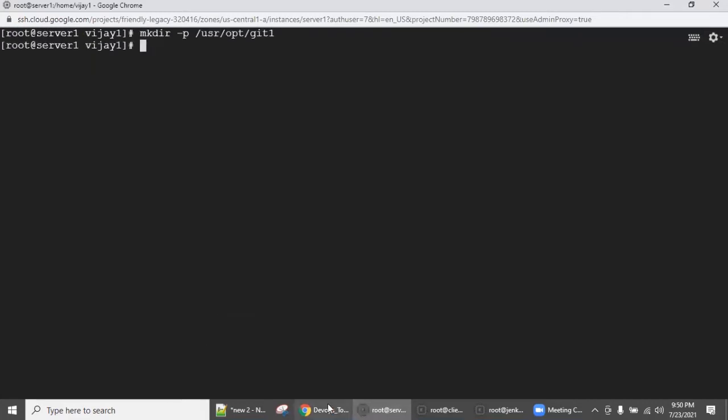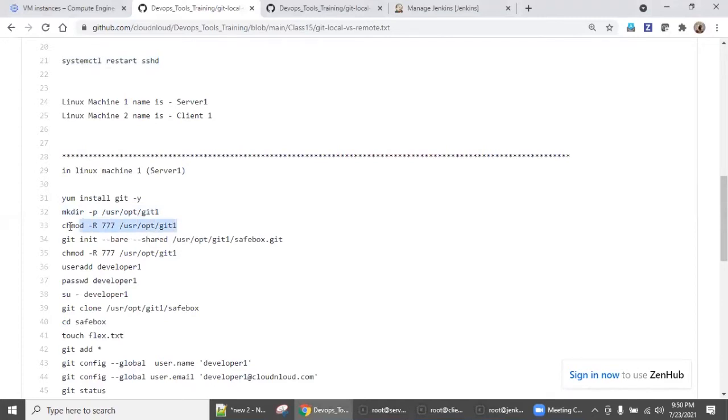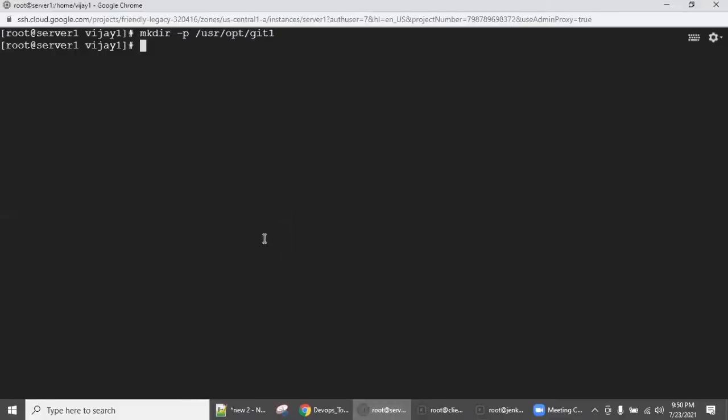Yes, we can create it, and we are going to set up the permission. But in production, always go with the proper permission. This is for learning, so I'm just going with the full permission. Normally you go according to the project deliverable and the user roles.